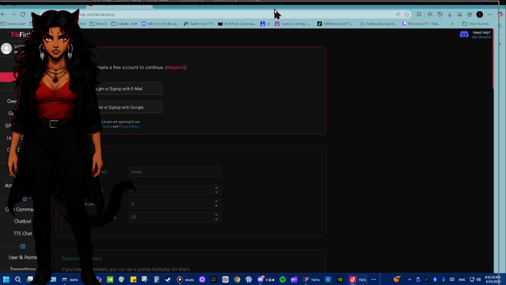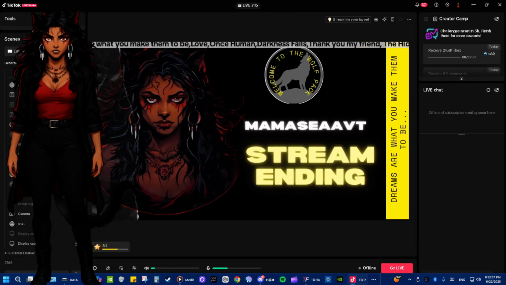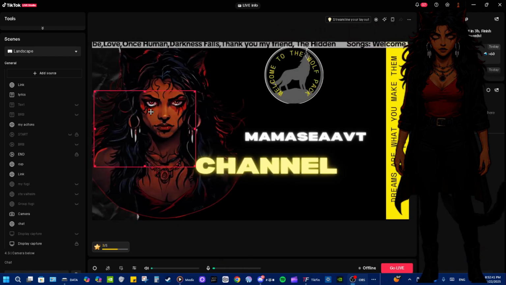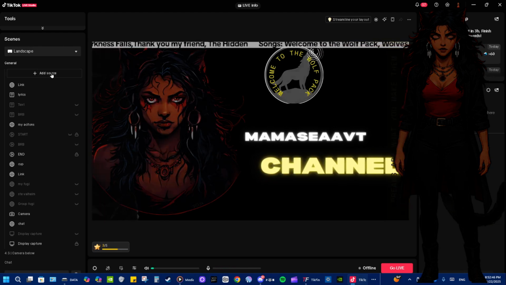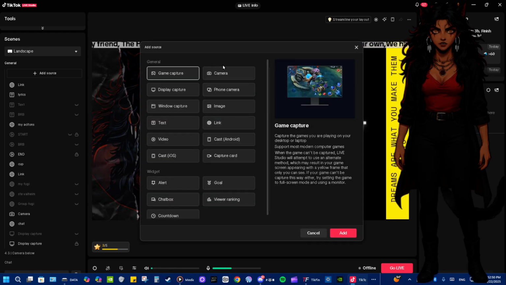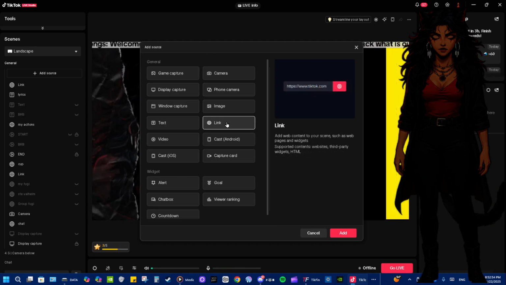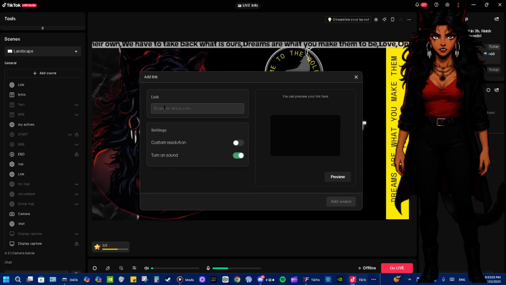Alright, let's bring this down so you guys can see it. I am going to move my avatar over so you guys can see. On this side, you're going to add source, and a little box should pop up. In this box, you're going to click on link. And another box should appear when you hit add. And then here where it says link, this is where you're going to paste